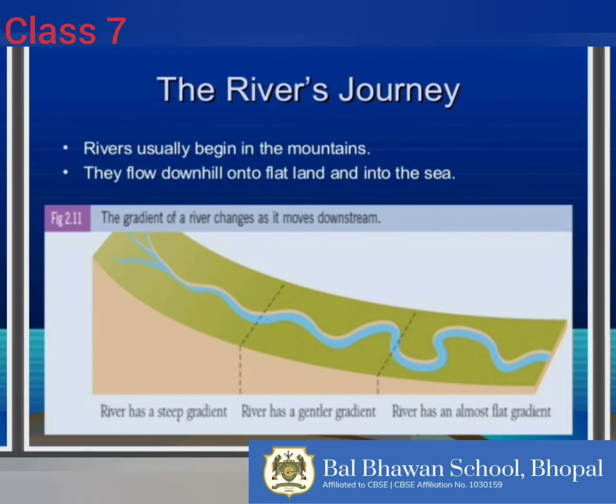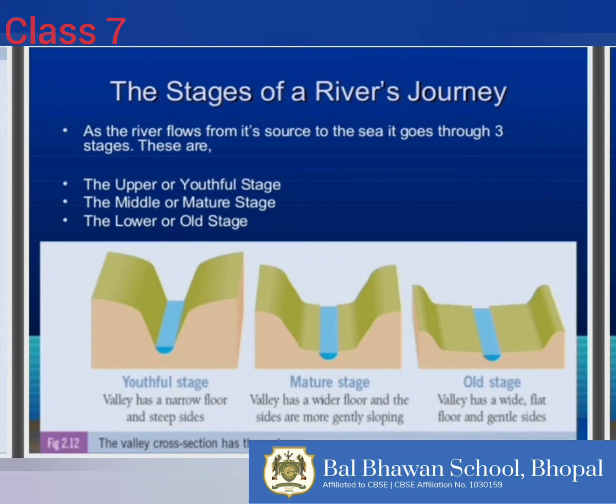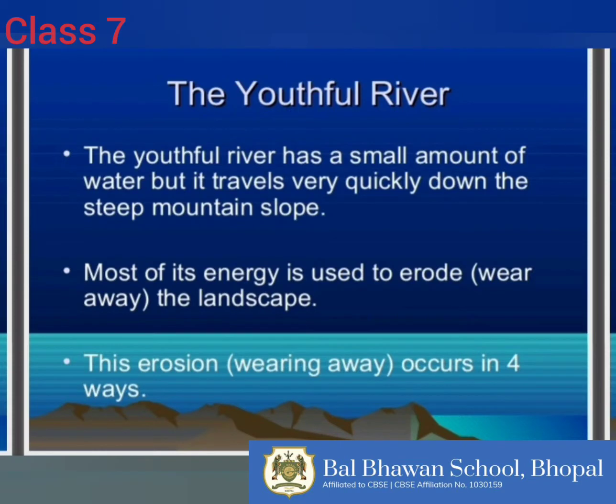Henceforth, the river moves down the slope in a valley. Generally, the river falls into a large water body such as a sea, ocean, or lake. The place where the river joins another water body is called the mouth. The area drained by the river and its tributaries is called the river basin.